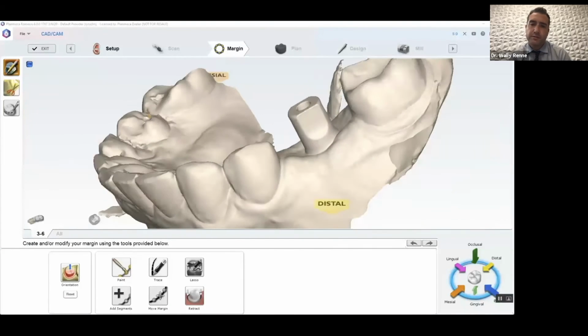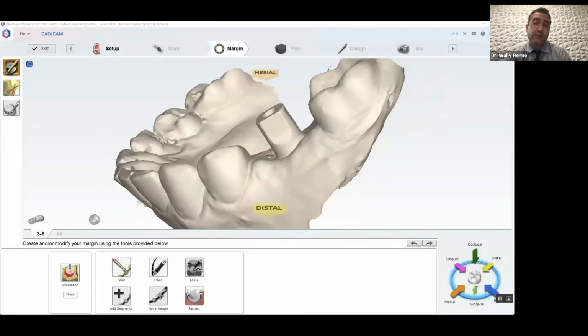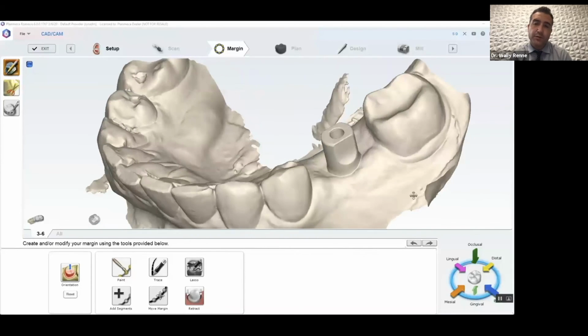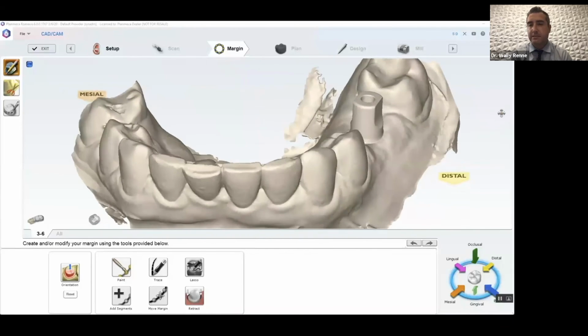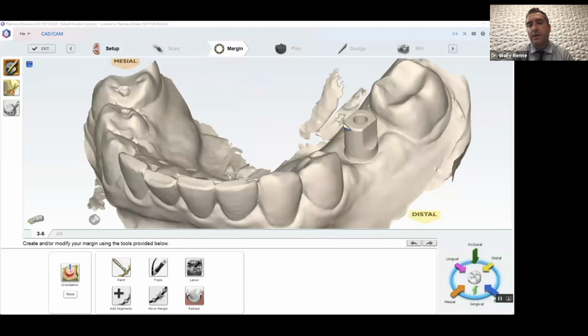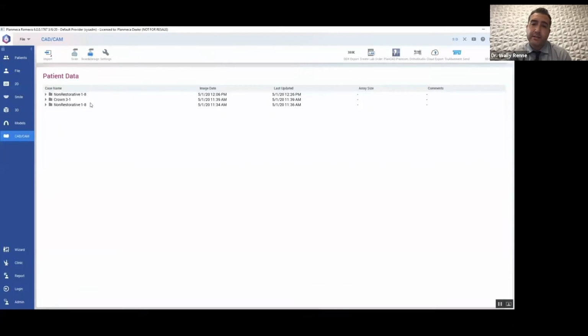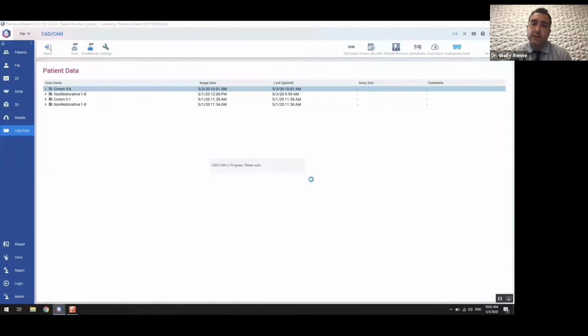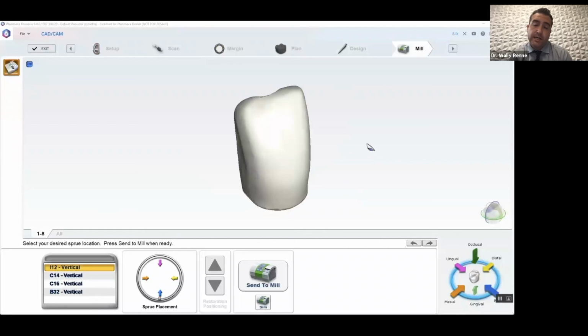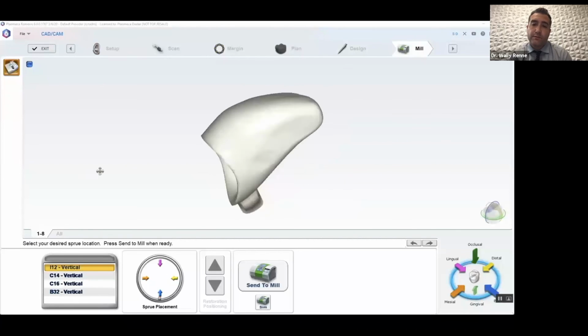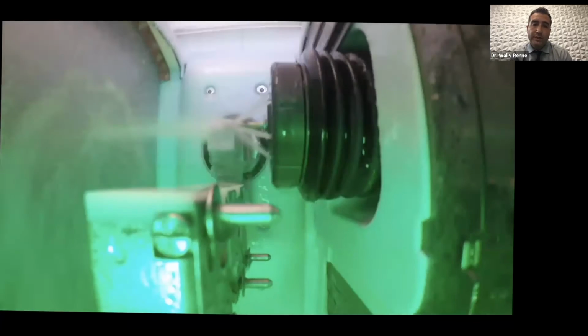Jumping right now to a scan body scan that we're going to fire off through Romexis Cloud to True Abutment to get a custom titanium abutment manufactured. What's cool about that is that within Romexis, there's a hot link for True Abutment. So you just click the button and it goes right to them, and you can see it on the top right there. And then what they do is they design the crown for you for really no cost to you